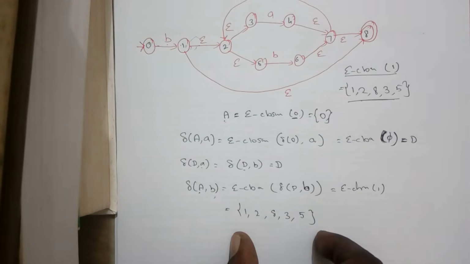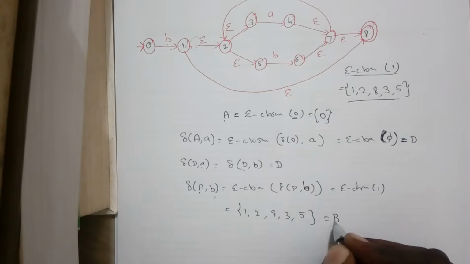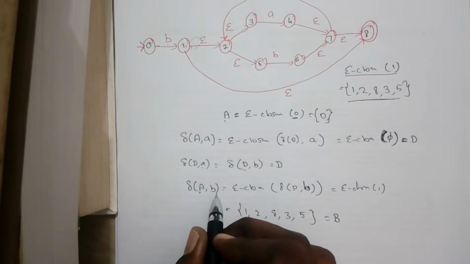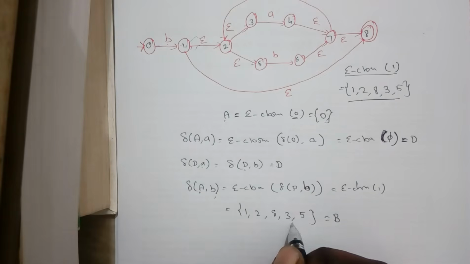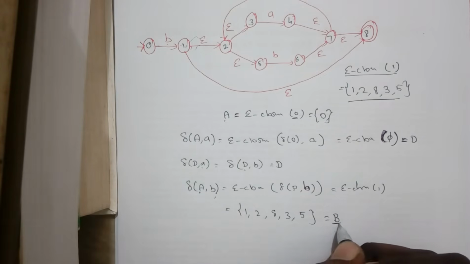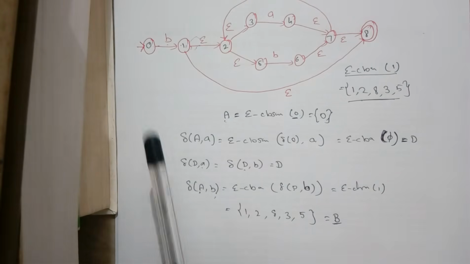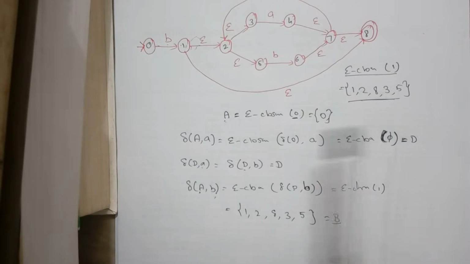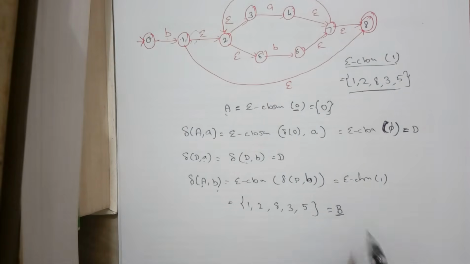When you have some subsets, give a new name for the subset. So from the transition of input A on B, it leads to so much of transitions of epsilon N of A. We are going to club all the states together, and we are going to give a new name as B for it. So now when you want to draw a DFA diagram, we have three states altogether. That is A, the starting state. A, when the input is A, it goes to D. So D on the transition of A and B, it stays in itself. And again A, when the input is B, it goes to B. So now we got a new state as B.